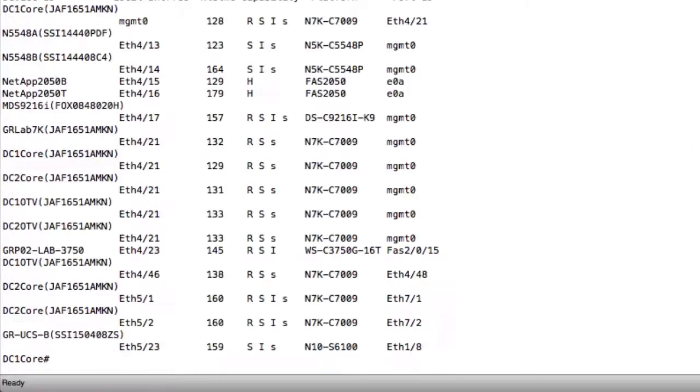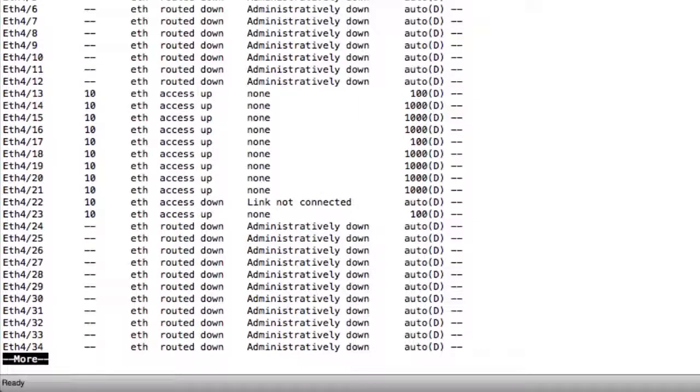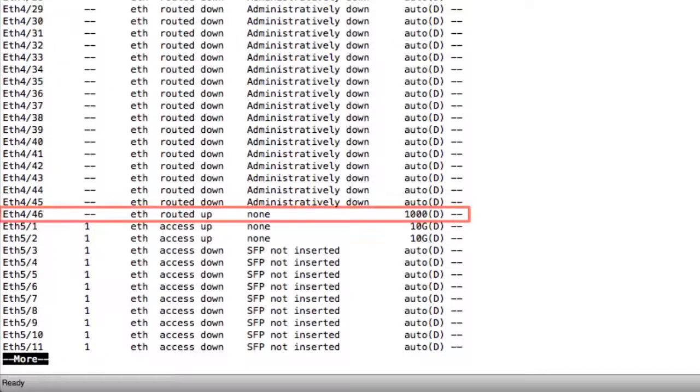One of the first commands I like to use is show CDP neighbor. Here I can see all my connections, how they're connected locally, as well as how they're connected remotely. Another way to view my connections would be to type the command show interface brief. In this command, I can actually see that my port 4/46 is routed and it is up, so everything is